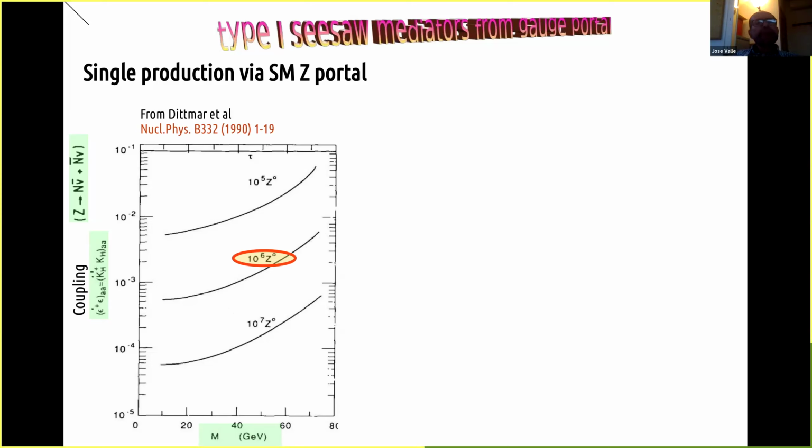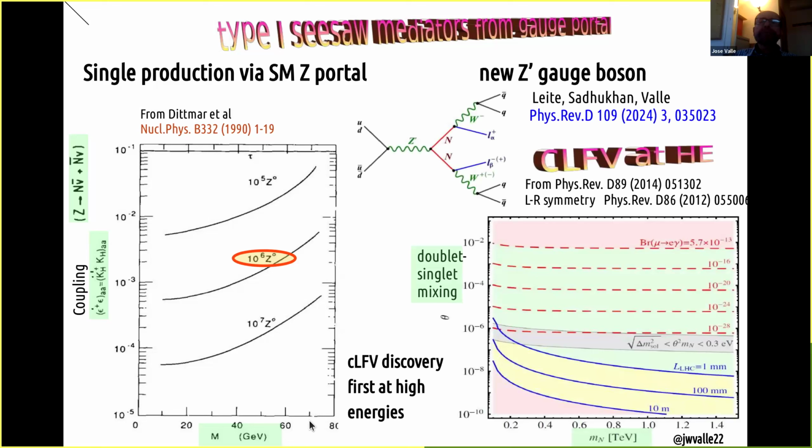Of course, after this proposal, all the lab collaborations checked for that and nobody saw it. So now this possibility of type 1 seesaw mediator production from a gauge portal is revived from the point of view of a Z prime gauge portal,